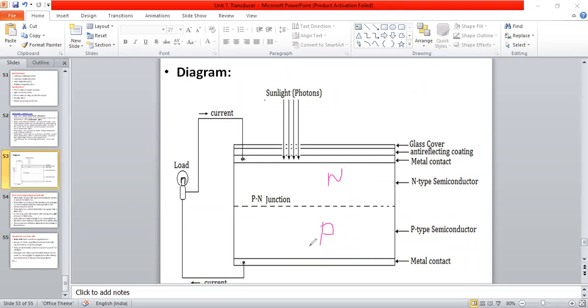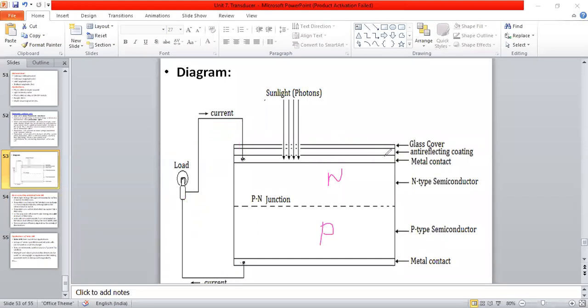After both the P type and N type, we have added a metal contact. A metal contact means a strip, which conducts with less resistance. Here a metal strip is added, and here also one metal strip is added. From each metal strip, one point is taken and given to the lamp. Both side metal strips are connected to the load. We are going to consider one LED bulb there. You just imagine that one.